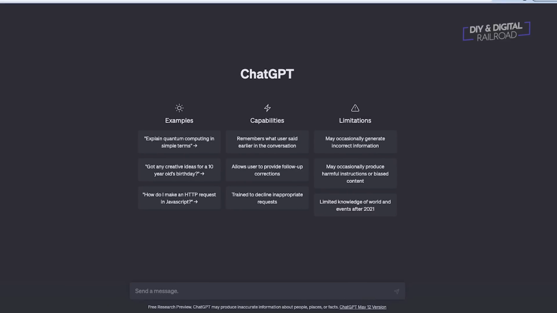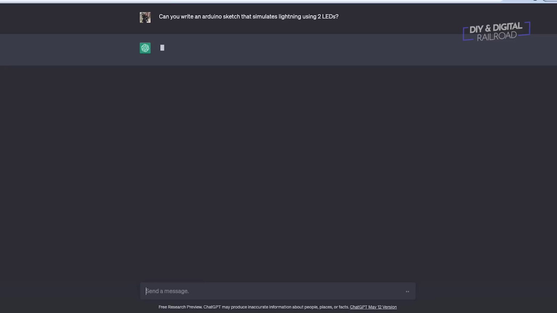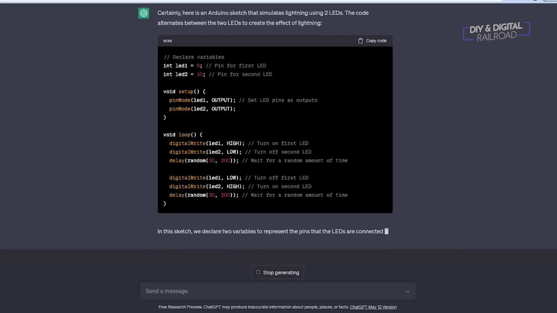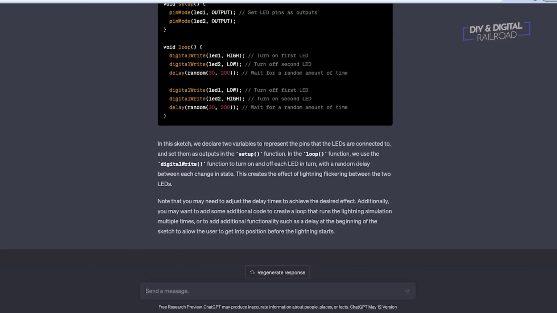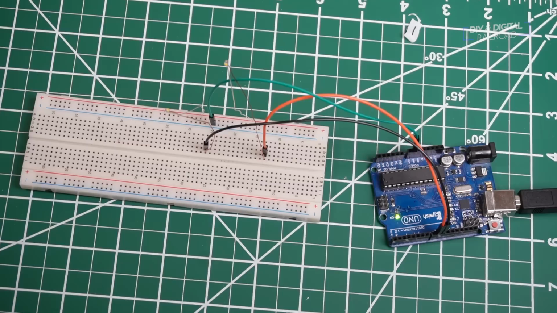So that was pretty dang easy, but let's throw another wrench into it. Okay, so let's add in a second LED to this and just see how it works. So what we're going to do is ask it to simulate some lightning using 2 LEDs. Let's copy the code. All right, that seems a little bit intense, so we're going to need to bring it down just a little